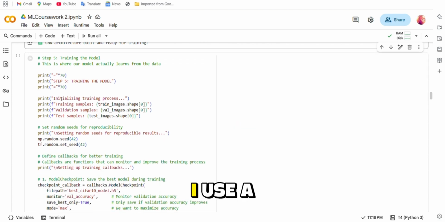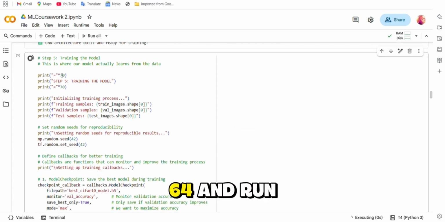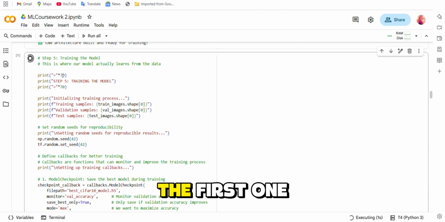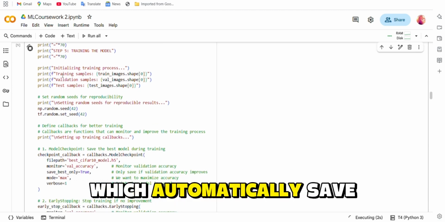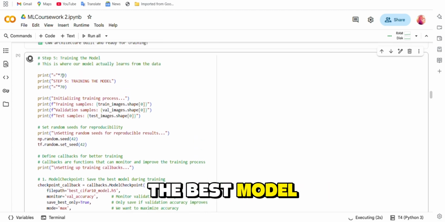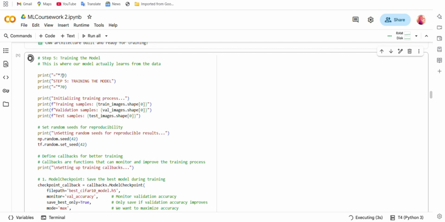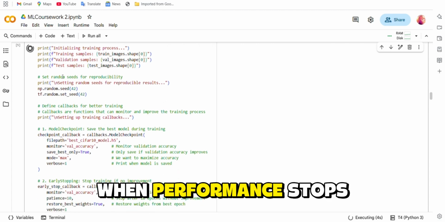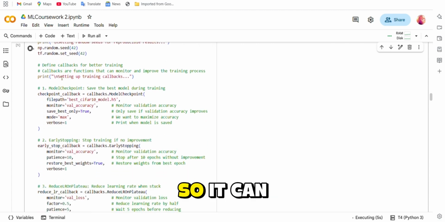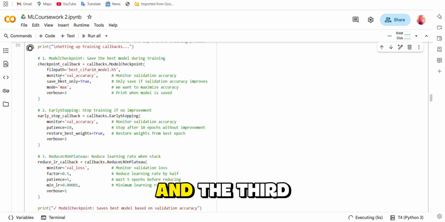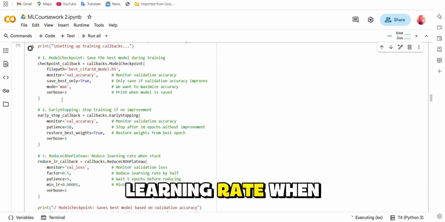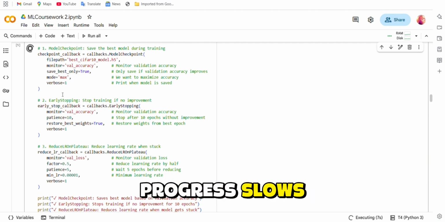For training, I used a batch size of 64 and ran up to 50 epochs. To make training efficient and stable, I implemented 3 callbacks. The first one is model checkpoint, which automatically saves the best model based on validation accuracy. The second one is early stopping, which stops training when performance stops improving, so it can prevent overfitting. And the third one is reduce learning rate on plateau, which lowers the learning rate when progress slows, helping the model